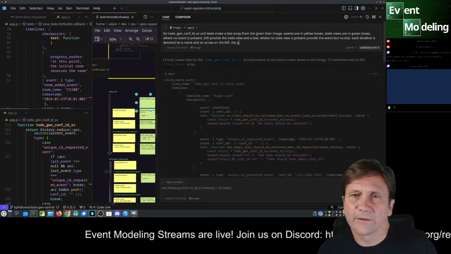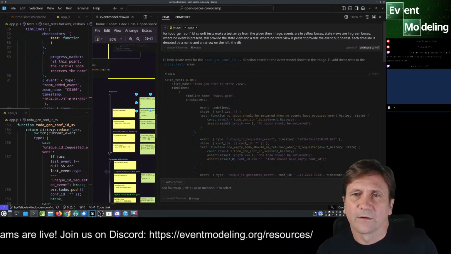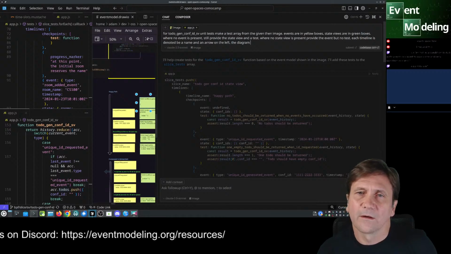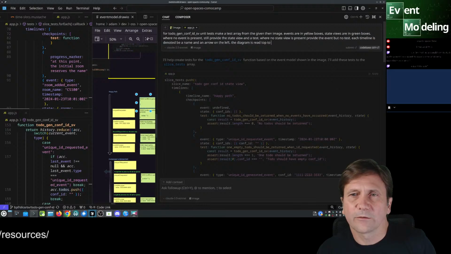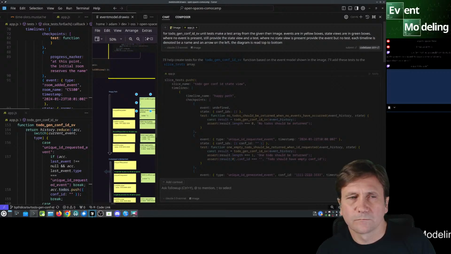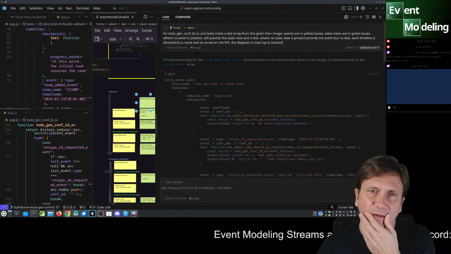The diagram is read top to bottom. I wonder if I could just add another.